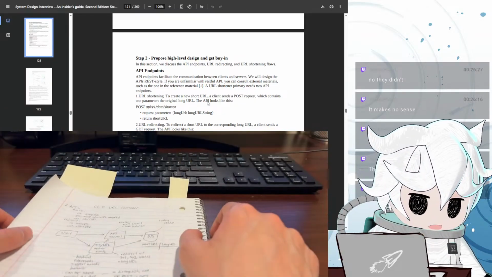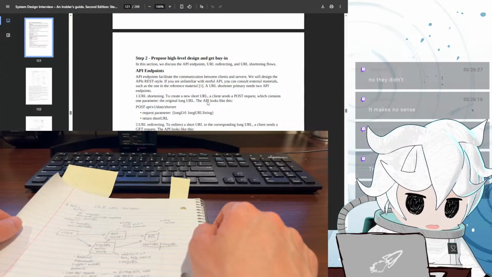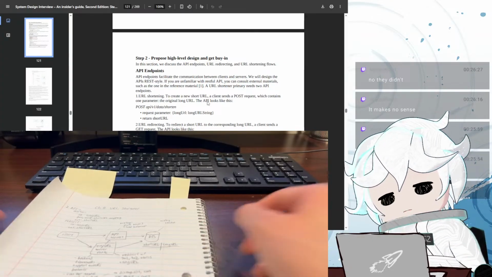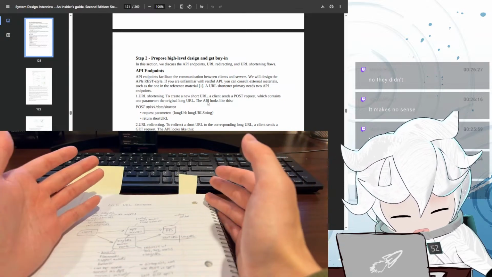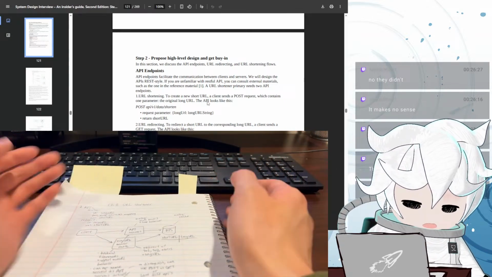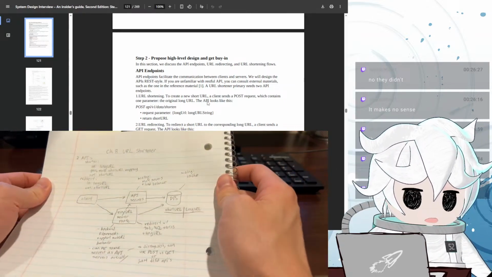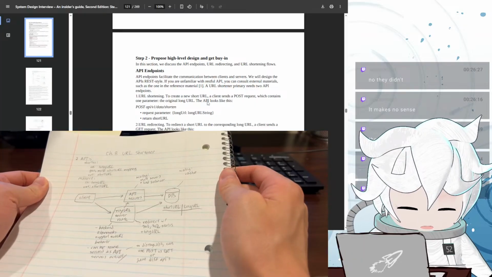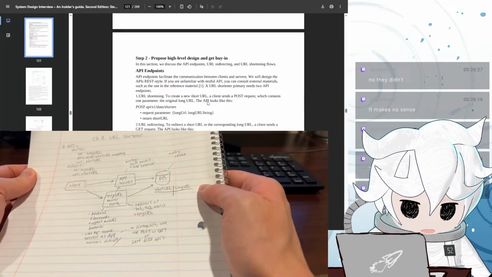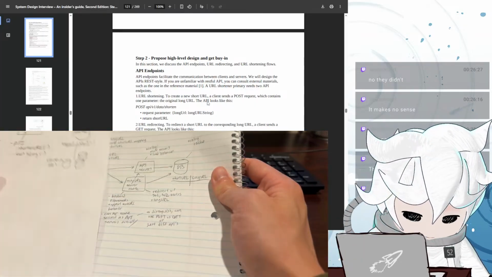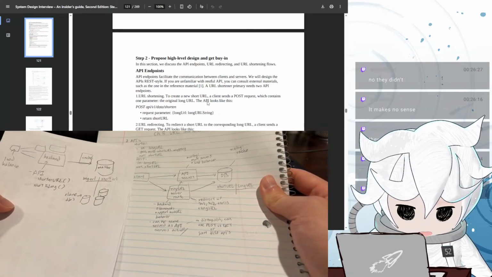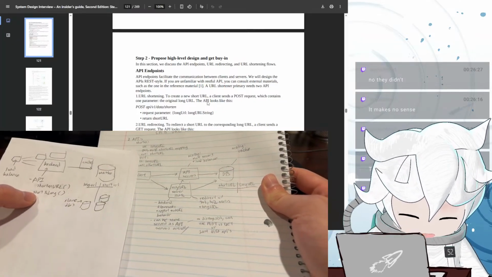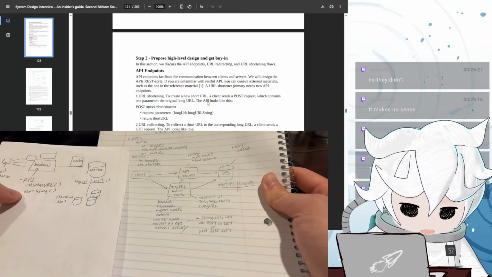Cool. This took an hour and 18 minutes. That's fine. I think I'm done for today. At first I thought this was going to be really easy, but it still took some amount of learning and thinking for me. There was definitely some stuff that I didn't know about this. Oh yeah. Do you want to compare to my guess in the beginning? I was actually kind of close. We needed two APIs. One to shorten, one to lengthen.